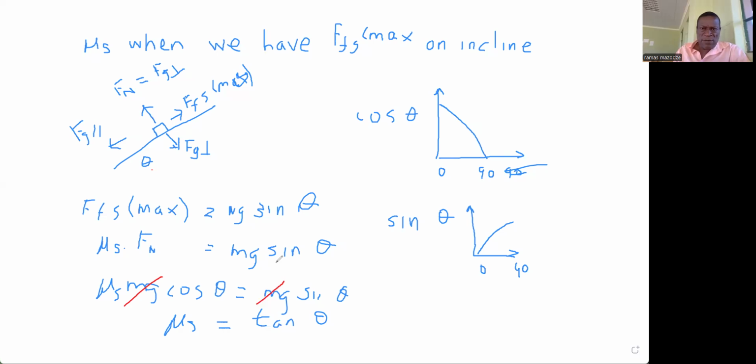Okay. Since we have a bit of time, let me just mention something which I feel is very important regarding friction on the incline. Remember, the equations of friction are either this one, where the maximum static frictional force is equal to mu s times the normal force, or you can have the kinetic frictional force equal to mu k times the normal force. So from these equations, it is clear that the friction depends on the normal force. And it also depends